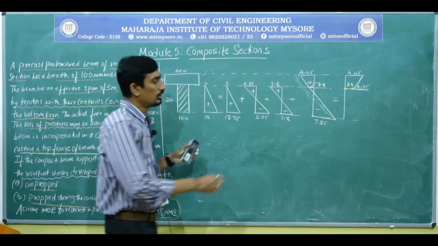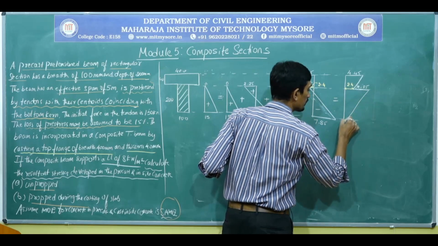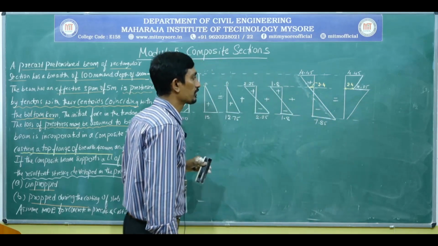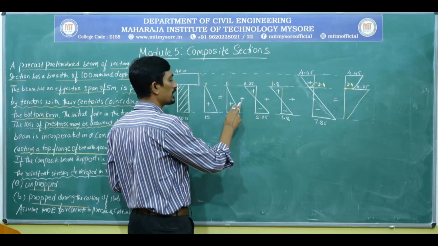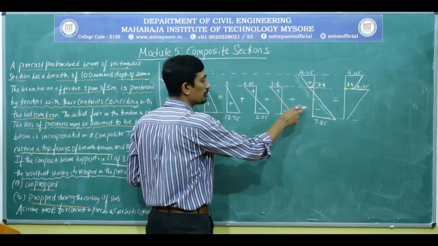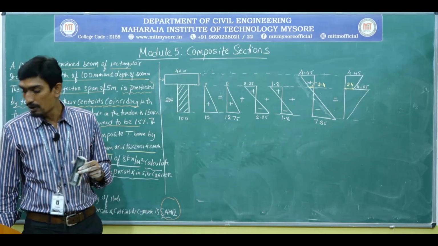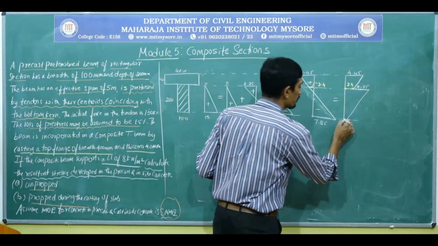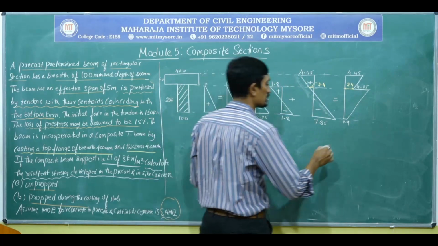So hence, next, draw the stress diagram like this. So that is at the top, and this 4.4 remains same. Next, 12.75 minus 2.25 minus 1.8, and minus 7.85. So this works out to be 0.9, which is positive. So this is 0.9. So this will be the resultant stress.